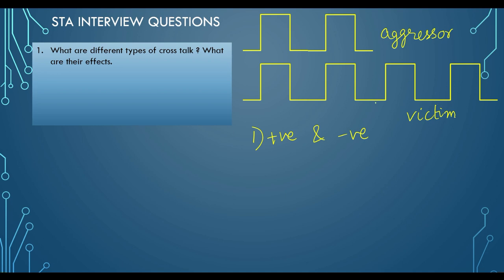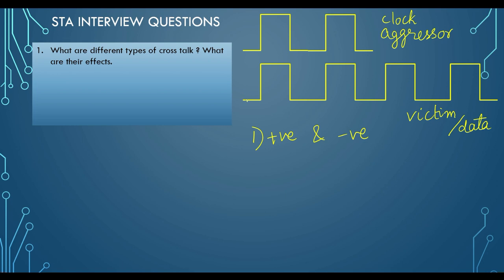The typical example for that is the clock. So first is, let's say, clock. Clock is always the aggressor because it keeps on switching always. But the data path generally does not switch. So it will not switch as frequently as the clock is switching for you. So that is why generally the clock is aggressor and the data is victim. When they both are physically nearer, that time the crosstalk occurs in the victim net.